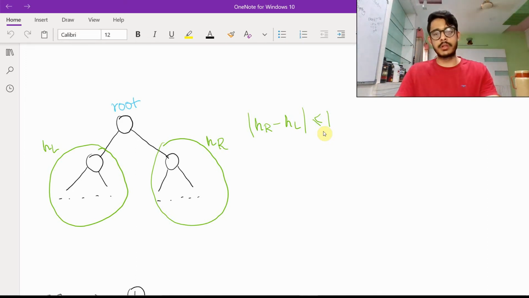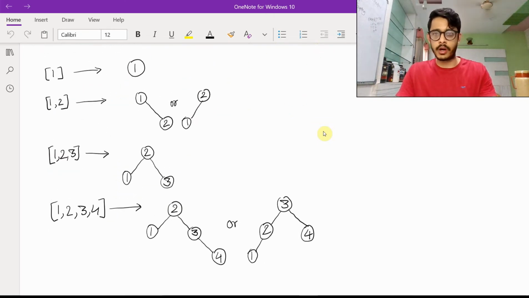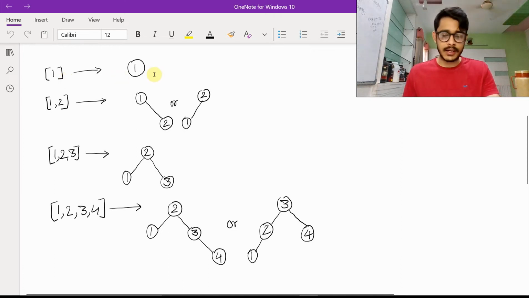So our solution hinges on two particular observations, and let's look at a couple of examples to figure out what is going on. Let's say the first case is the list is of length 1. There is only one element in the list. In that case, that itself becomes the root. What if there are two elements? In this case, two cases are possible. So in a list of 1, 2, either 1 can be the root and 2 present on the right hand side of it, or 2 can be the root with 1 present on the left hand side of it. This still follows all the properties of a height balanced BST. Okay, two conditions are possible here, and we'll keep that in mind.